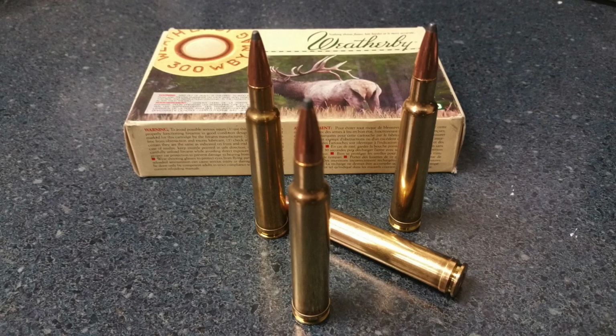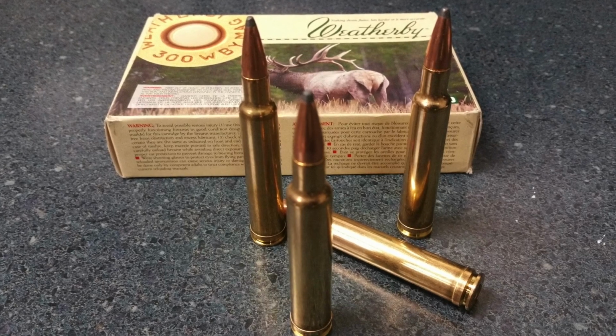Today we're going to take a look at the top 10 rounds for big game hunting. Now when I say big game hunting, I'm saying moose on up. Things that are larger than a moose, like a hippopotamus. Really anything that's just larger, moose on up. Now there's a lot of big rounds out there, but there's so many that are just specifically designed for this